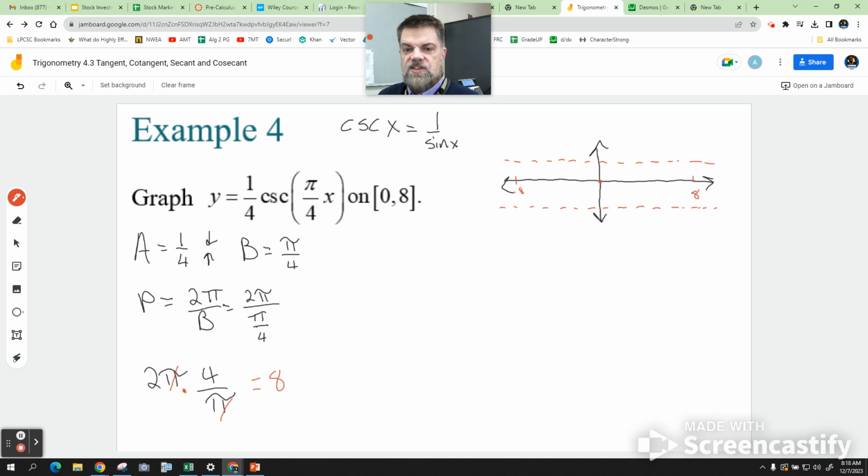So I'm going to sketch sine. I would go up and down and back, then in the opposite direction, up, down, and back. And so that graph right there is y equals 1/4 sine pi over 4